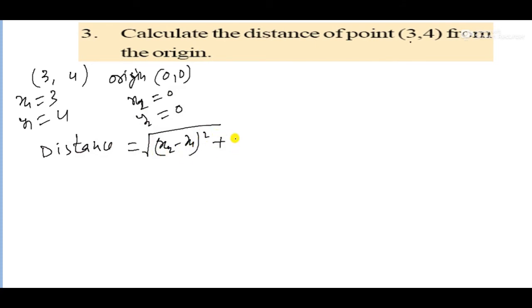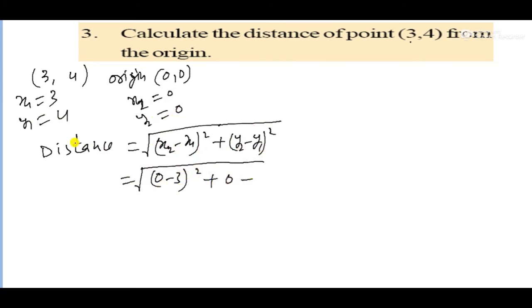So it is 3 whole square and it is 2 whole square. So what will happen in this? It is 9 and it is 4. So 9 plus 4, it is square root of 13. So 13 unit is your third answer. First answer, it is your second answer and it is your third answer. So no problem. Now come to this one.